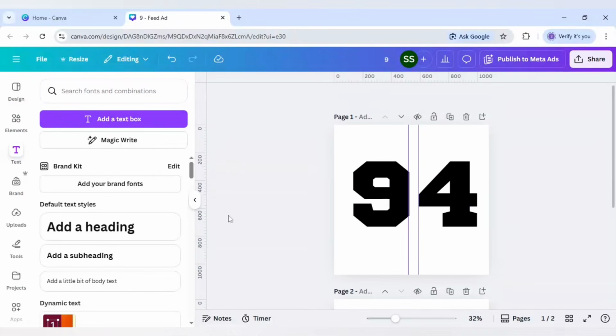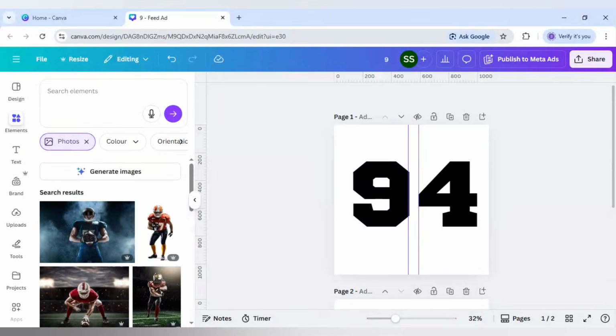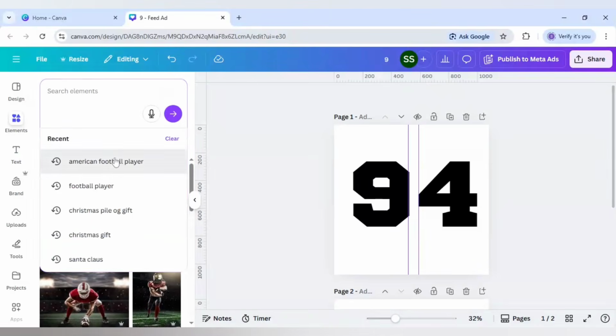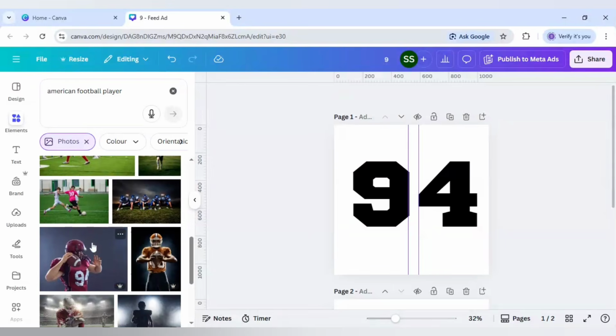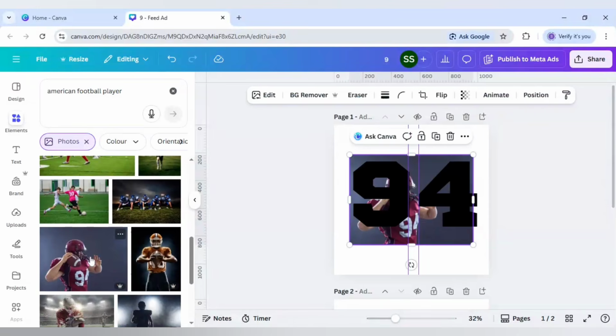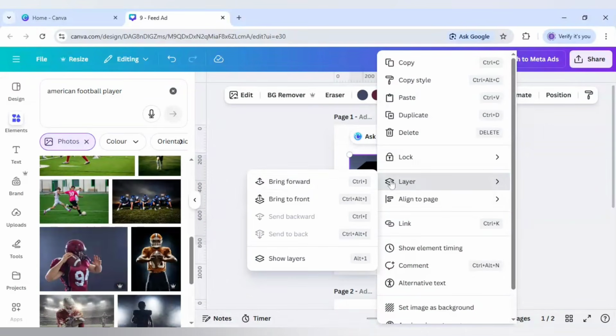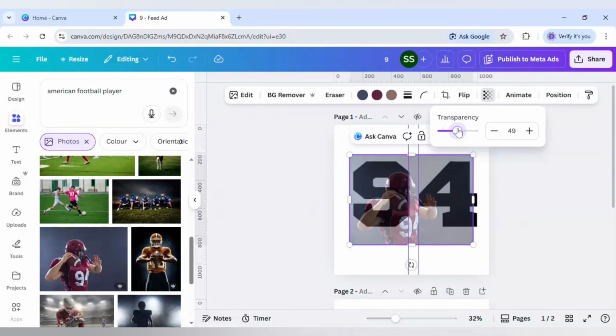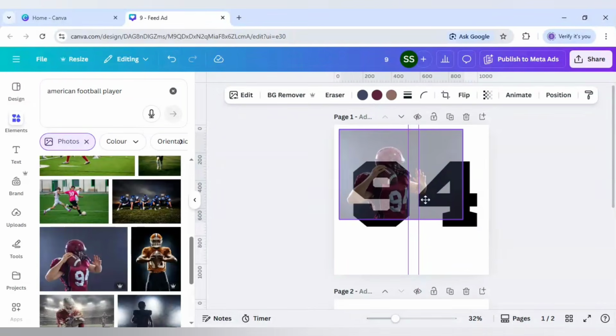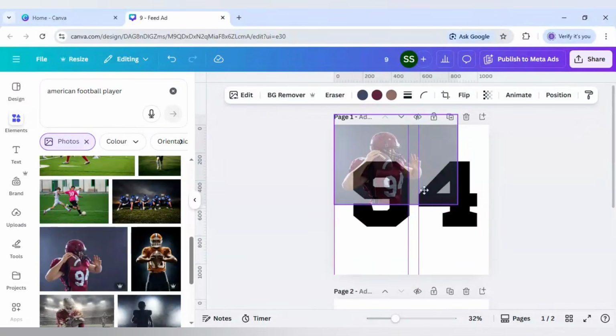Now let's come to the first page. So I will come to elements here, and here I will search for American football player. Okay, and after that scroll down to find our image, and I will use this one. Okay, and just right click it and go to layers, bring to front. Okay, and just decrease the transparency, and after that I will just bring it here